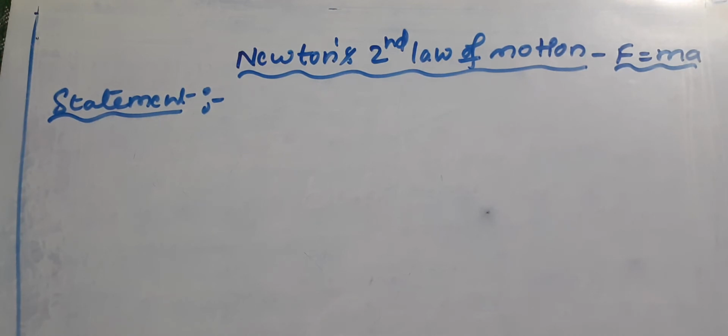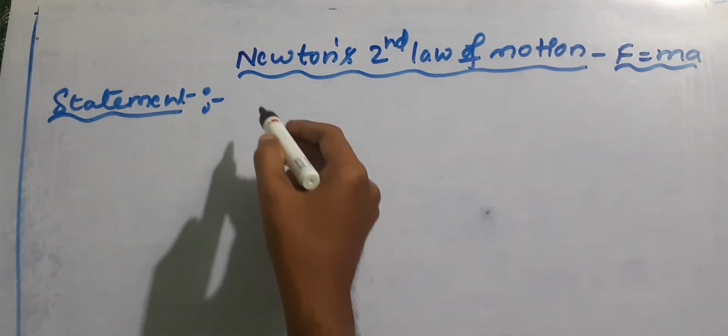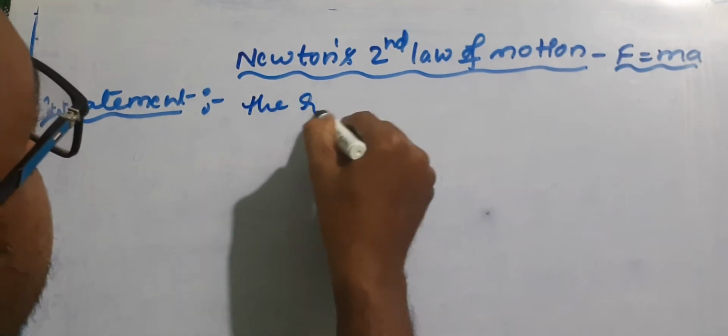And Newton's first law of motion explains the state of a body when no force is acting on it. What happens to the state of a body when force is acting on it can be explained by Newton's second law of motion. So the statement for Newton's second law of motion is: the rate of